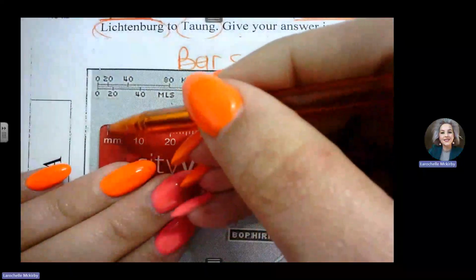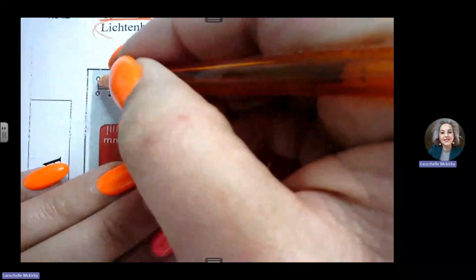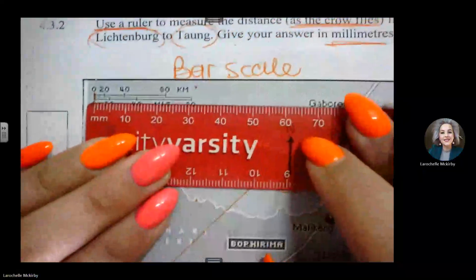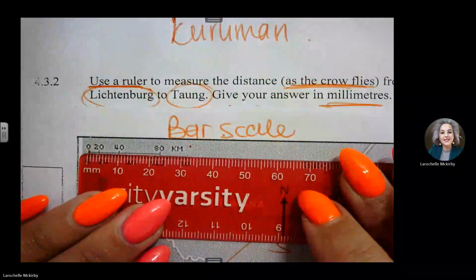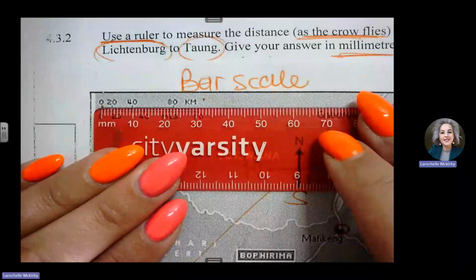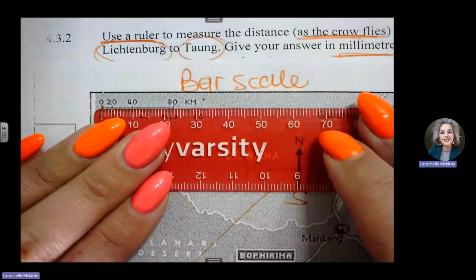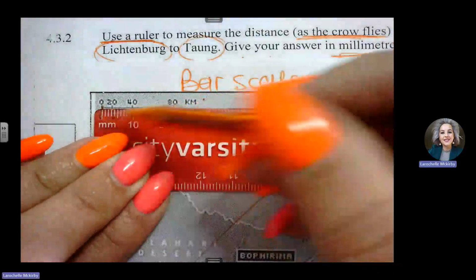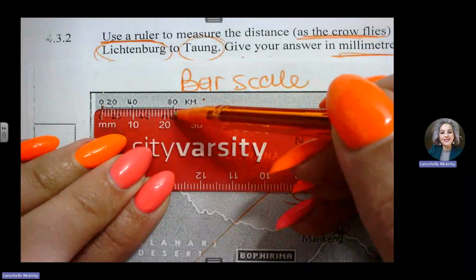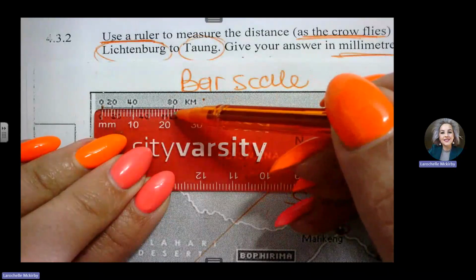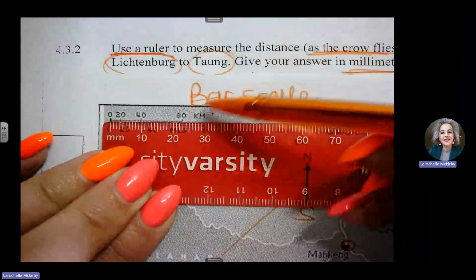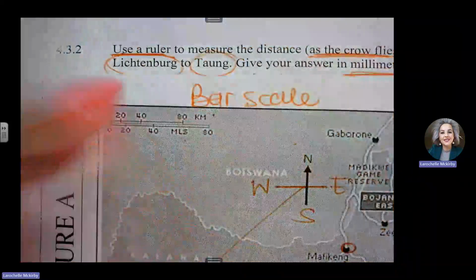That first millimeter line will line up exactly with that 0 there. Lining that up very nice and neatly. Do you see? There we go. That line is exactly lined up there. Okay, now I need to measure. That is 10, that is 20. Okay, 21, 22, 23. Do you think it's 23? I think it's 23. I've measured 23 there. Yes, that is good. Okay, so we say 23. Yes, I'm happy with 23.